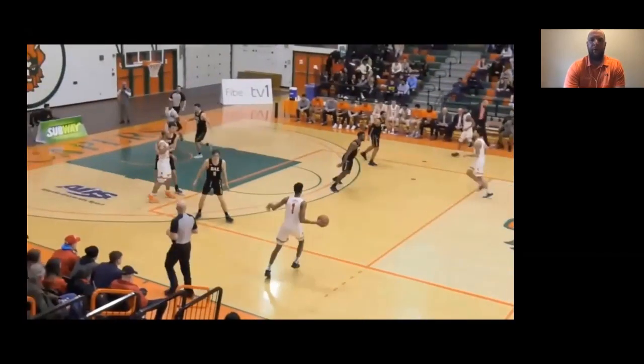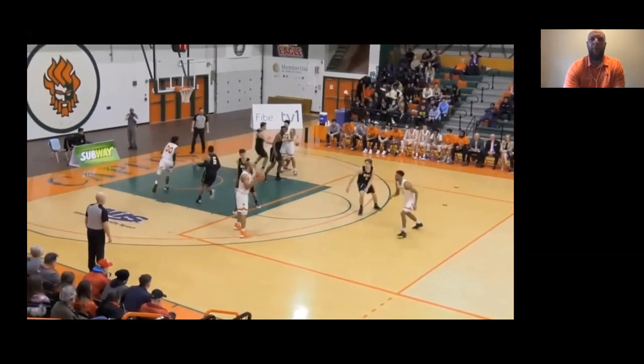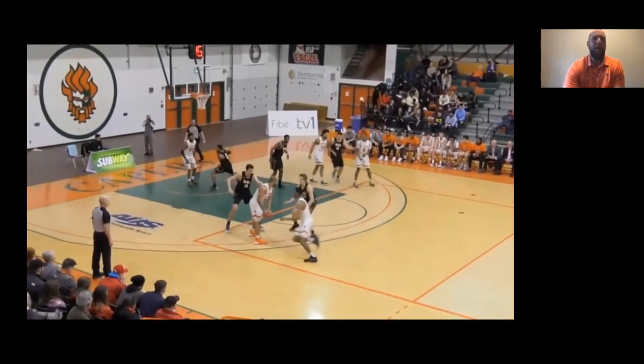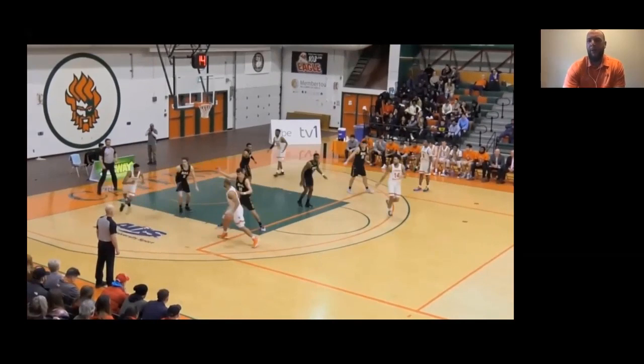Push the tempo, 4 down again. This time we keep. Okay, we get that high post catch. Ozzy made a great cut to put his head on the front of the rim. They stayed with it. Look at all the space that created for us. So Ozzy cleared through. Again, you can see the spacing that's forming on the weak side here as we get